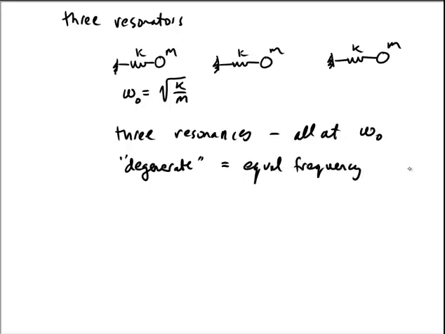So it's basically degenerate modes, these equal frequency modes. Okay. So now what we're going to do on the next slide is we're going to say, well, what happens if